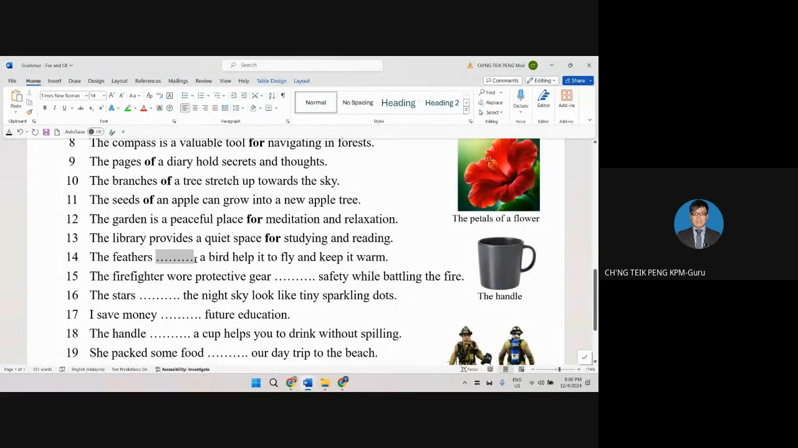OK, 14. 张一. The feathers of the bird help it to fly and keep it warm. Yes, the feathers of a bird. 那个鸟的羽毛是鸟的一部分，对不对？所以就用 of，非常好。